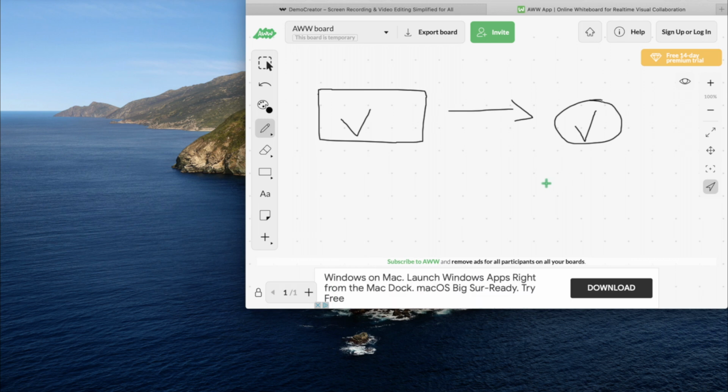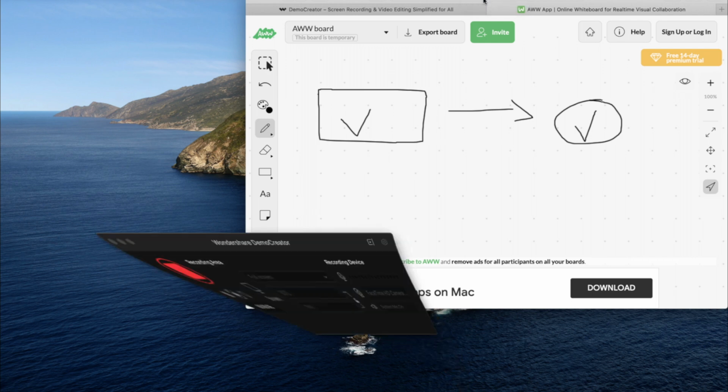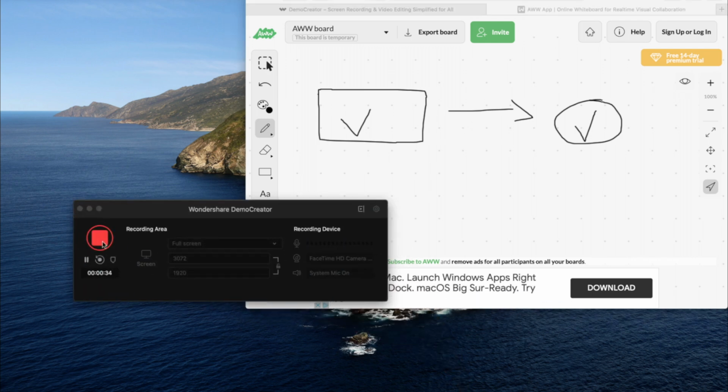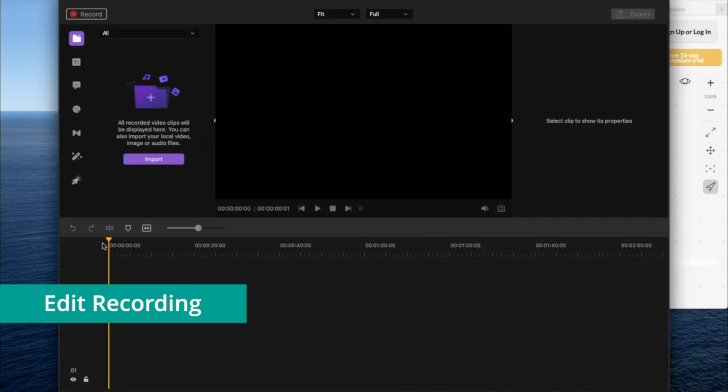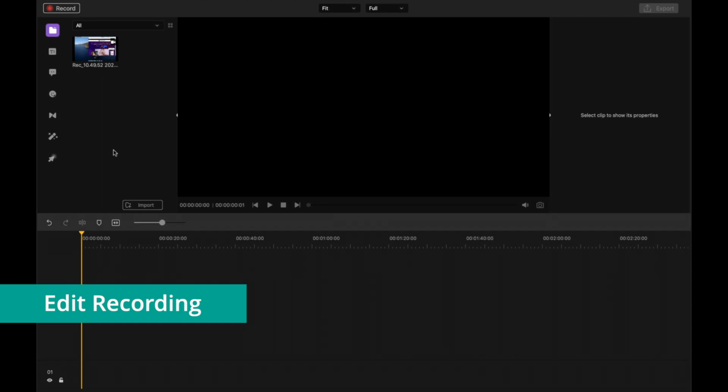Once you're done doing any sort of screen capture that you're doing, you can go here on top. On Windows, it's going to be on the bottom, obviously, and open the recorder again. And now you can click this big red button to end the recording. And now it's going to take a couple of seconds to export all of that in this video editing component